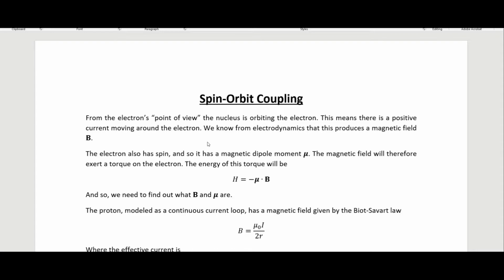electron. By the way, this analysis can be done using the electric field if we want to look at it from the proton's point of view, but the math is a bit more involved and ends up getting you the same thing anyway. So it's done like this using the magnetic field, thinking of the proton as orbiting the electron. We need to find out what the magnetic field B and the magnetic dipole of the electron mu